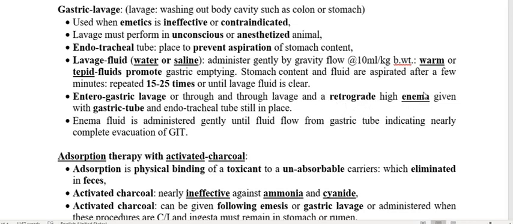So how do we go through that? Through the rectal route, we pass a tube through the rectum up to the colon, and we give a soapy solution. Through the tube, the soapy solution removes the content present in the colon through the rectal route, and this is called enema.